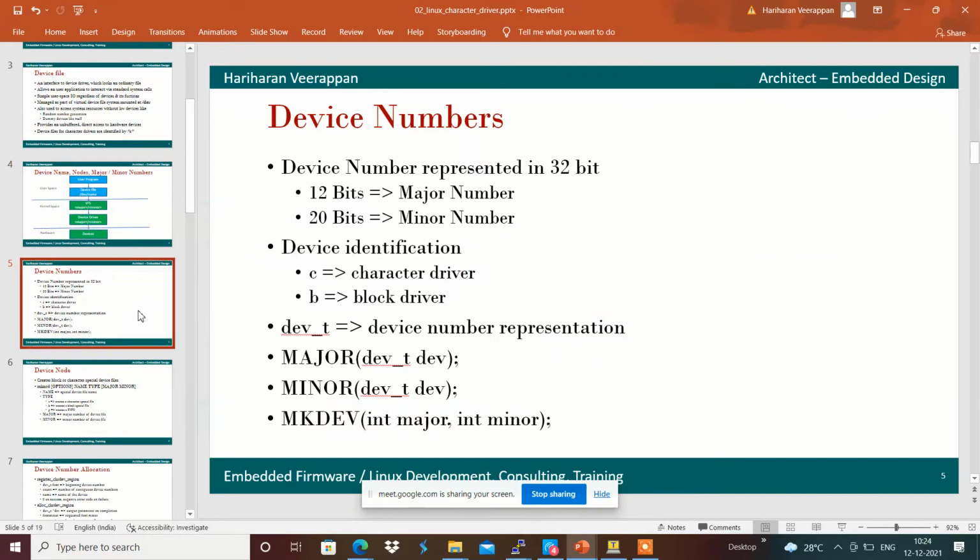Before going into that, we have device numbers. A device number is denoted with 32 bits, in which we have 12 bits for the major number and 20 bits for the minor number. For device identification, C represents a character driver and B represents a block driver file.